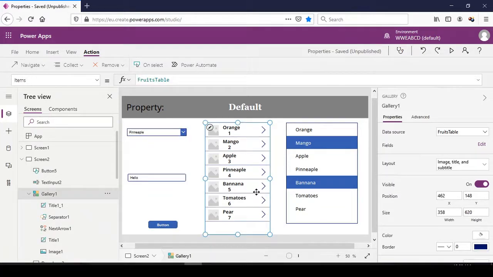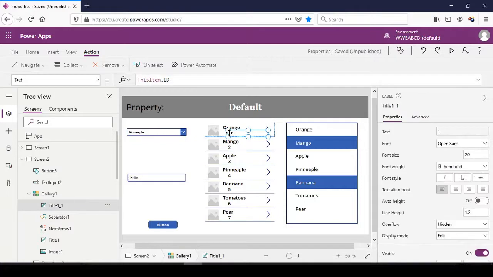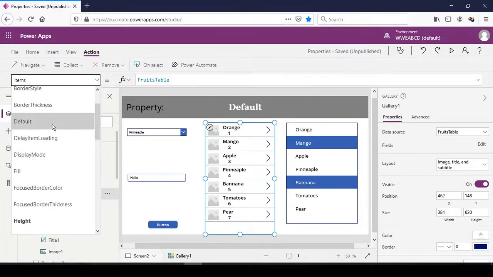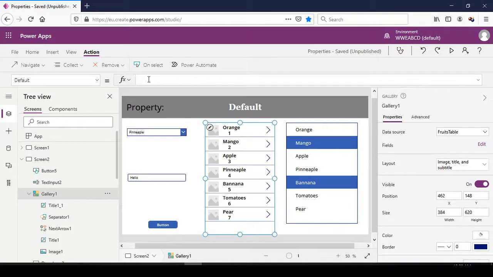Now with regards to the gallery, a gallery contains records. For example, when we pick the first template of this gallery, we have orange, then an ID, so ThisItem.ID, then ThisItem.Fruit. So it doesn't contain only a single text, but it's a record. Let's try putting a text in the default of this gallery and see how it goes. For example, when we put banana,